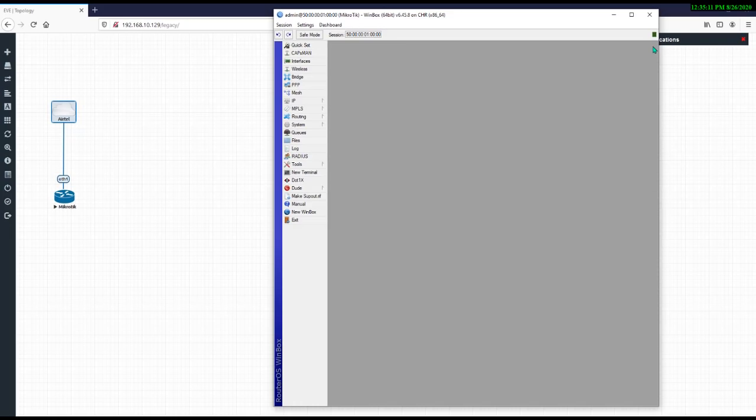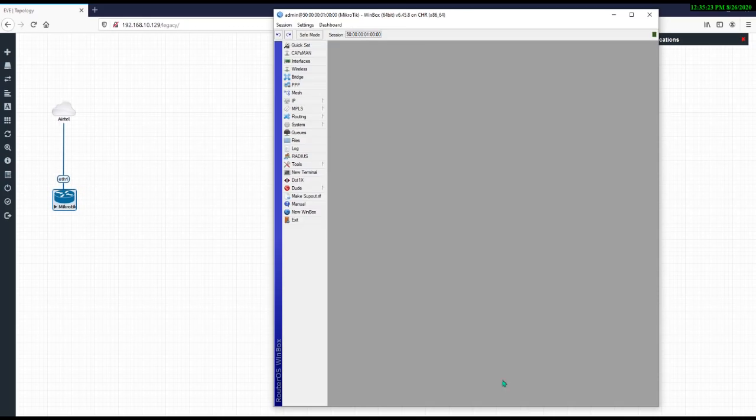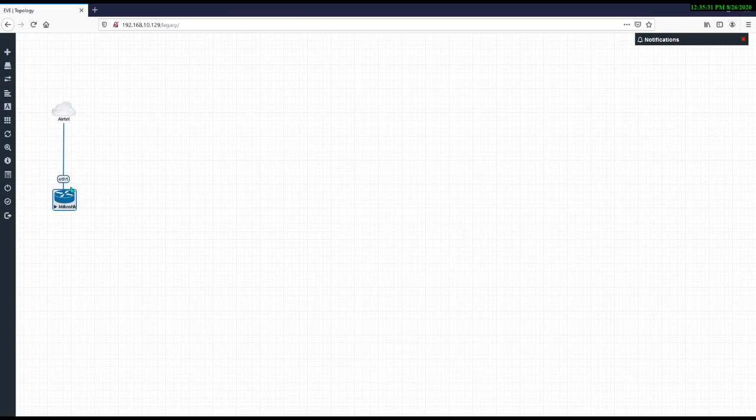Okay, let me show you again what we have done. We have terminated the Airtel cable on our MikroTik router board on port number 1. In Winbox, in our MikroTik, we have created the DHCP client. DHCP client means it will send the request to the Airtel modem that I am the DHCP client and provide me the DHCP IP, and it will follow the complete DORA process, so that Airtel will give the IP. Airtel provided the IP address on this Ethernet 1, and it got the IP address.